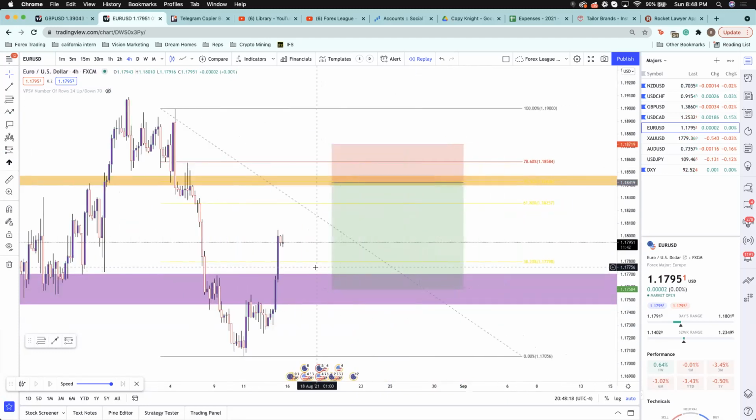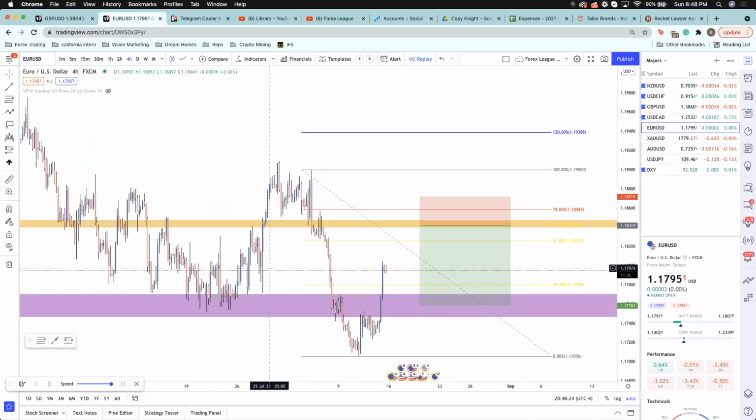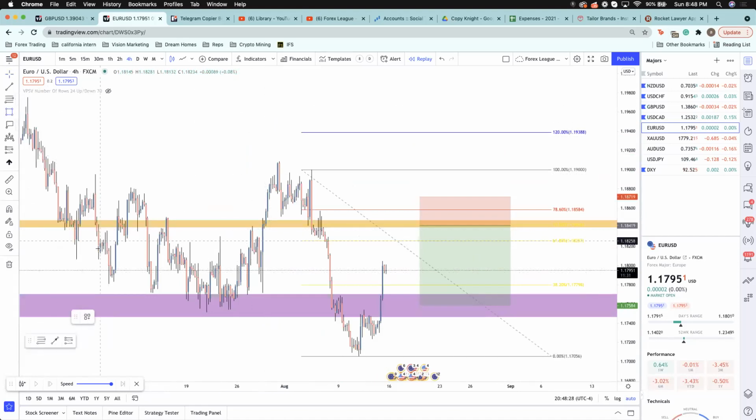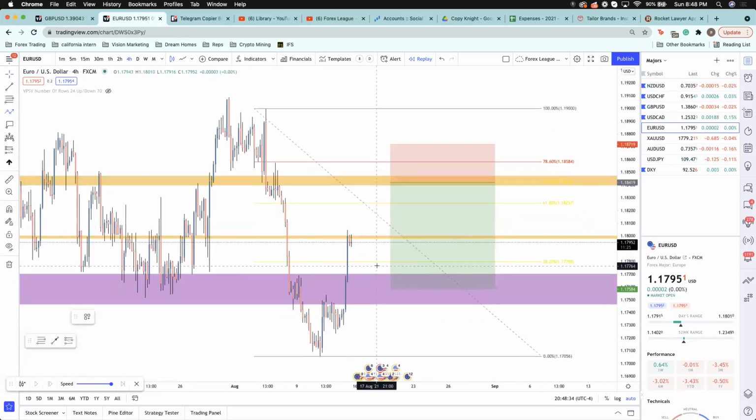Now, you might be saying, okay, well, what do I do right now with USD? For me personally, I wouldn't be doing much. If I was really trying to get into it and take a trade, not desperate, but more of an intraday, like, okay, what do I do until I get to that area? This would be the trade for me. I see we got all this. I see that we have resistance